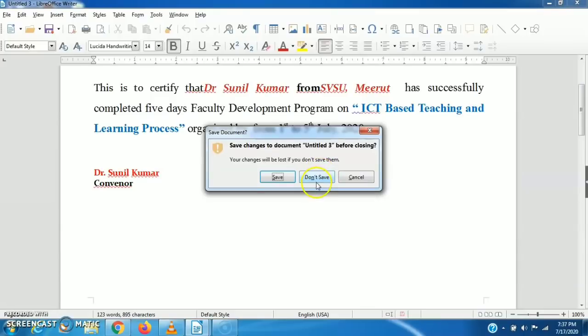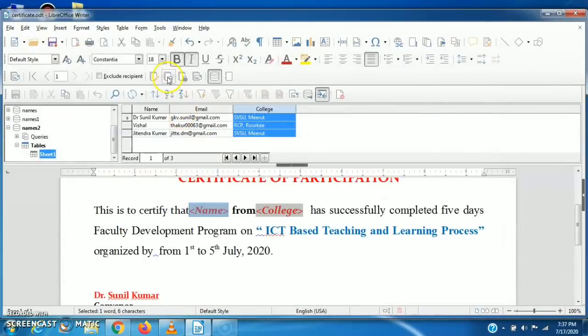Currently I close it and I don't save. Next option is save merge documents. If you want to save this merge document, you can. Print merge documents: if we click on this print option, then all the documents will be saved as PDF documents, but we want to send each participant an individual certificate, so we will send them a message.